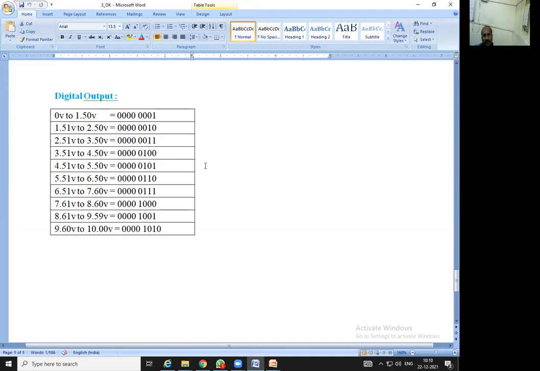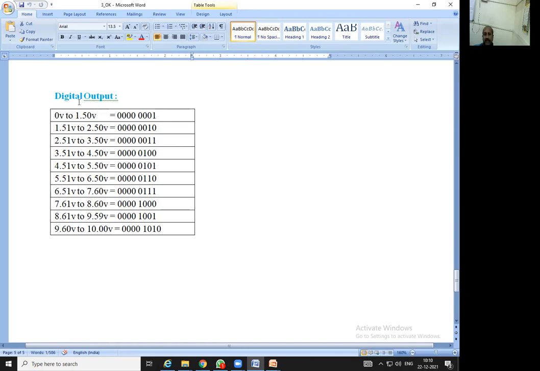This is what we are going to observe whenever the output is shown in the Proteus software. From 0 to 1.5 volt, it will show this output. From 1.5 to 2.5, it will show the next output. From 2.5 to 3.5, it will show the next output.